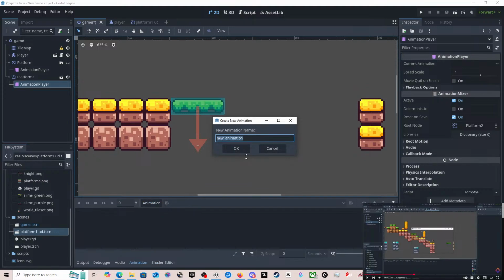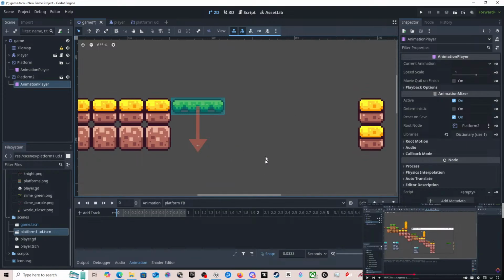New animation. FB. Right, that should be right. I'm going to want it on auto. Don't need to do that. What am I clicking that for? Forward and back.